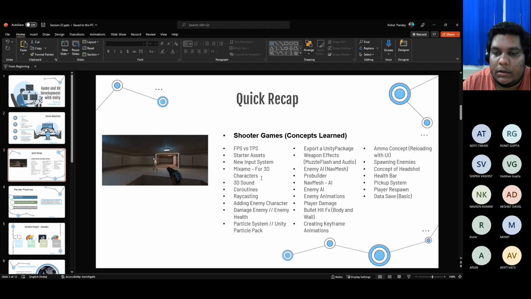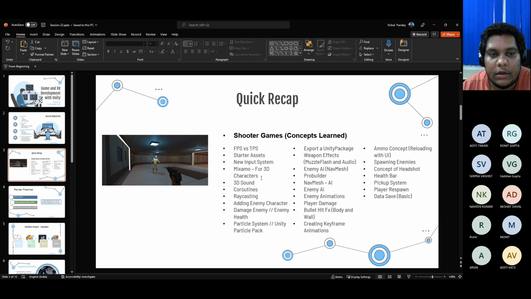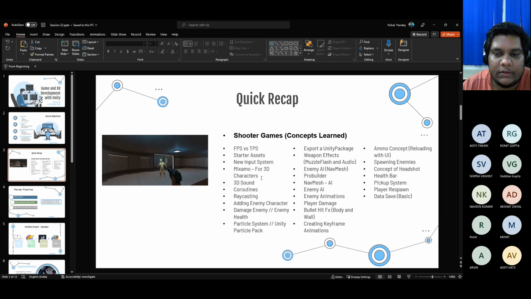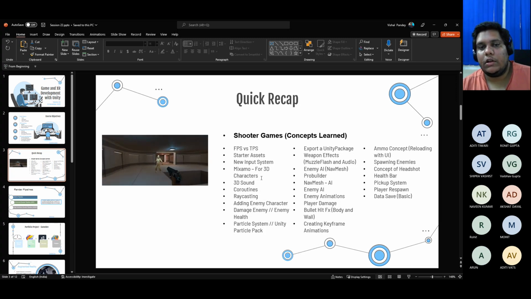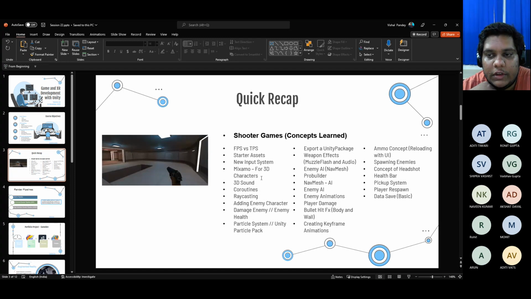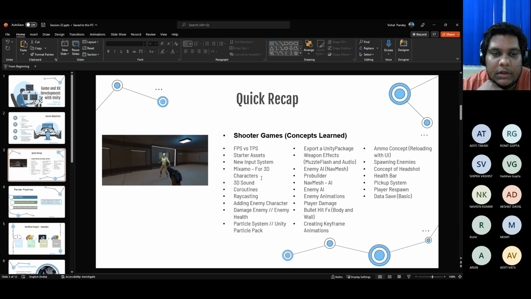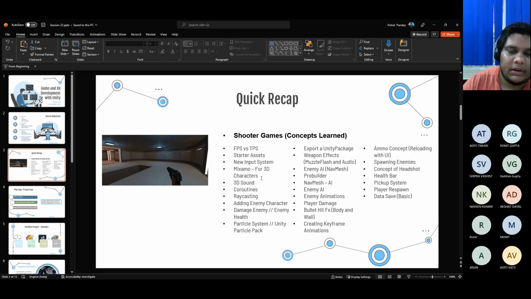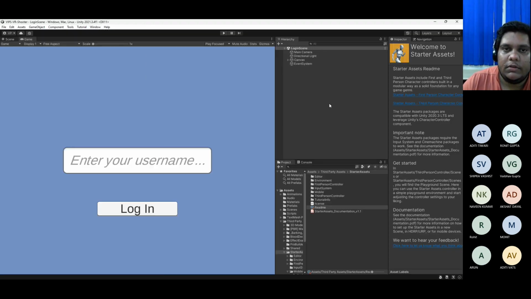And then we looked into some effects like particle effects for bullet shooting, and blood effects, wall effects, animations for the gun, all those things. Then a concept of respawning for the enemy, for the player, and respawning of the enemies in the scene, dynamic spawning, and health bar and all those things. So basic things that we covered. So eventually, this is what we finally built.